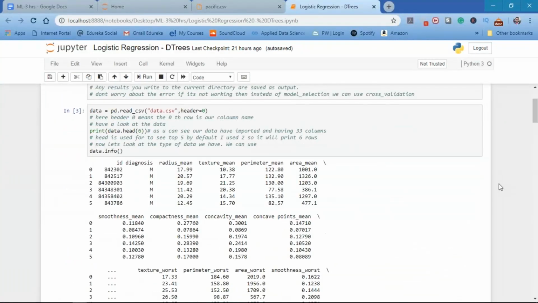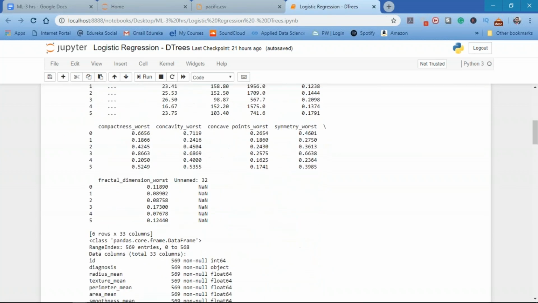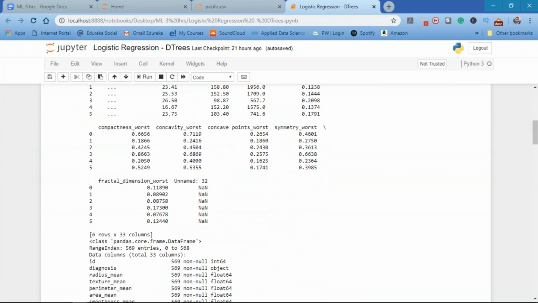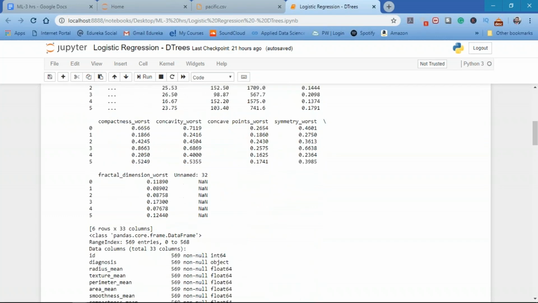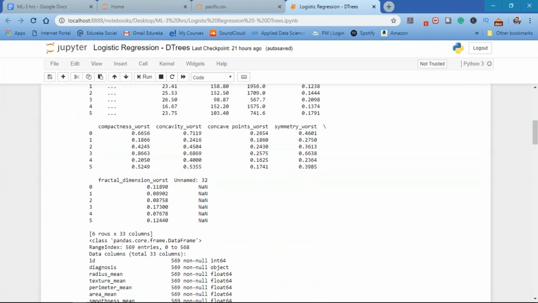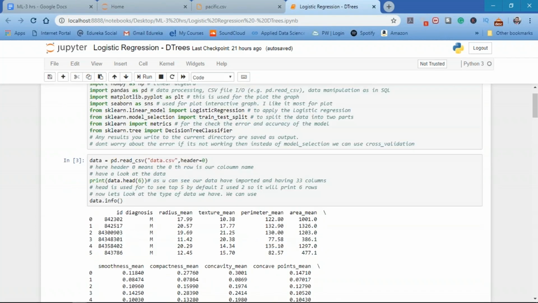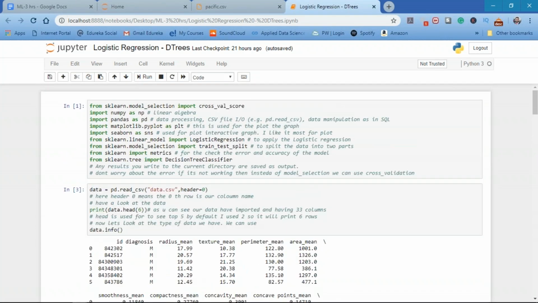So this is how the data set looks. Here we have the ID, diagnosis, radius mean, texture mean, perimeter mean. These are the stats of particular cancer cells or the cysts which are present in the body. We have a total of 33 columns, all the way from ID to Unnamed: 32. Our main goal here is to predict whether the cancer is benign or